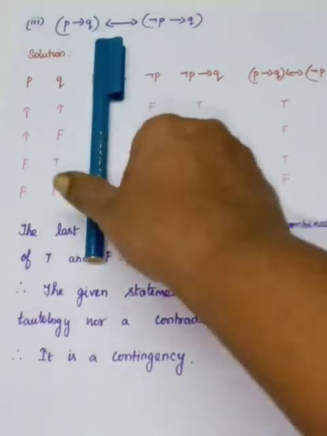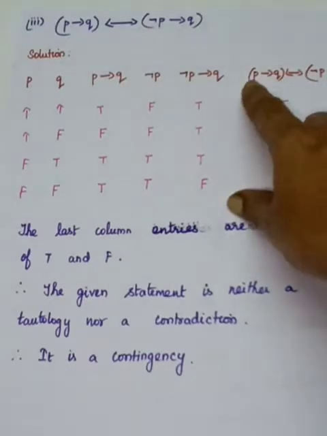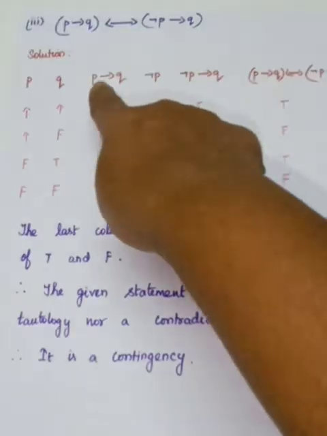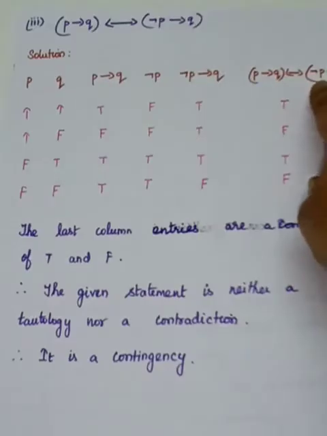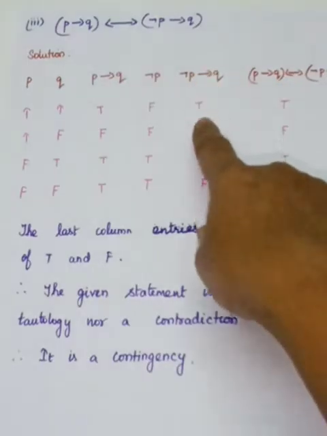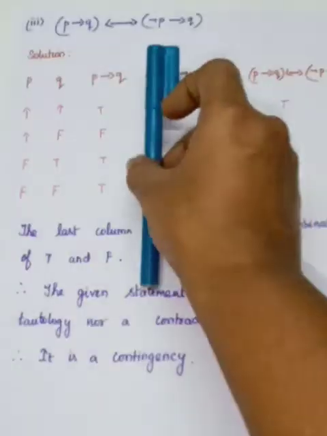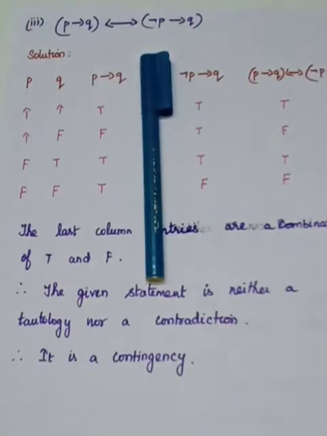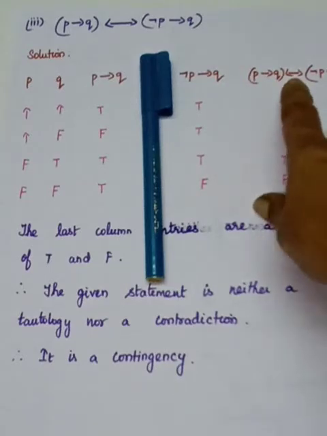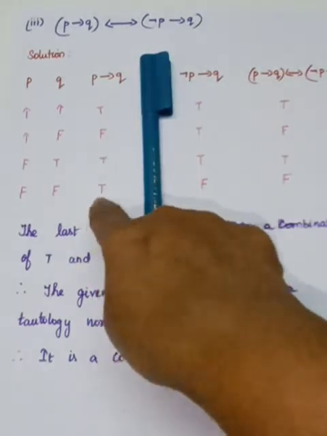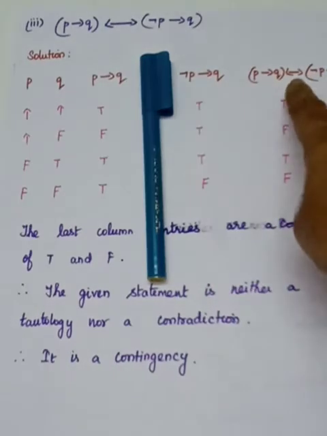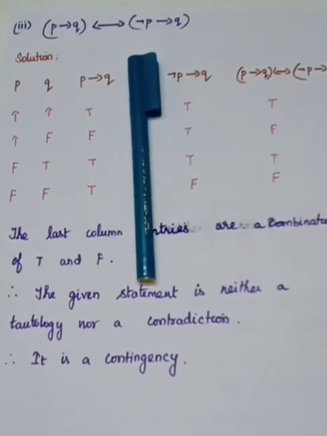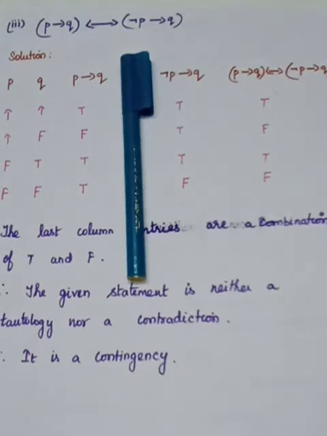Okay. So see now. Here the last one, P implies Q. Which column it is? It is the 3rd column. And negation P, negation Q is which column? It is the 5th column. So which one has to be hidden? You have to hide the one in between, that is the 4th column. So you see that in between you are having a double side arrow mark, isn't it? So double side arrow mark means it is a biconditional statement. So how to write? Both having the same truth value.